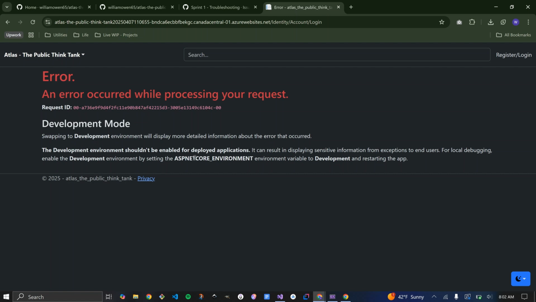Oh my gosh. This is the same exact error I got last time, but as you can see, this error is not descriptive at all. So I will show you how I found those logs right now.